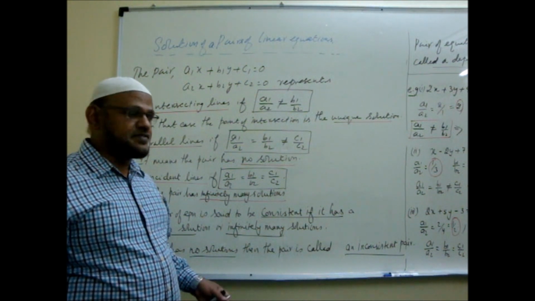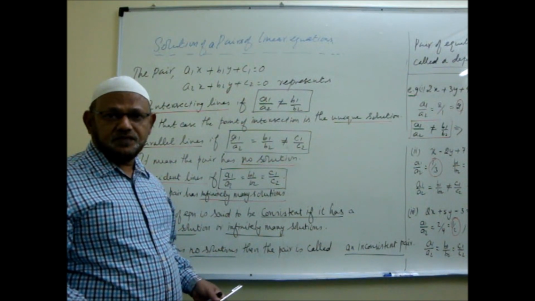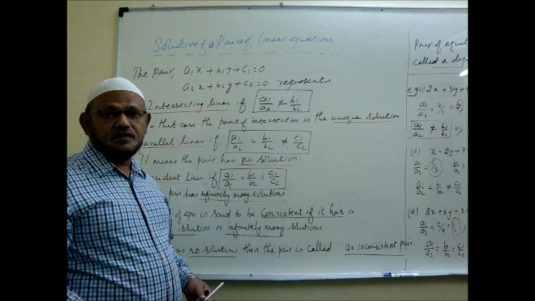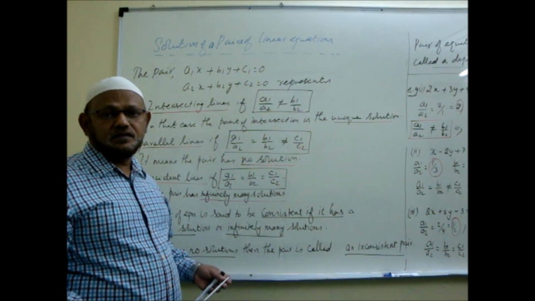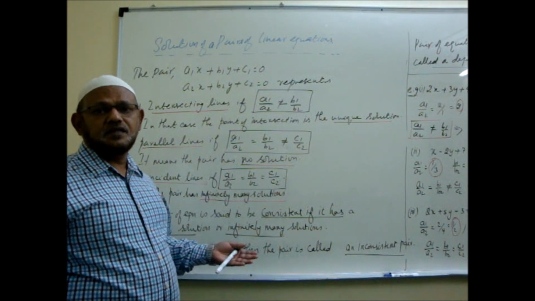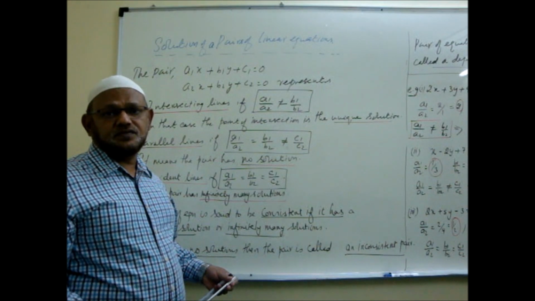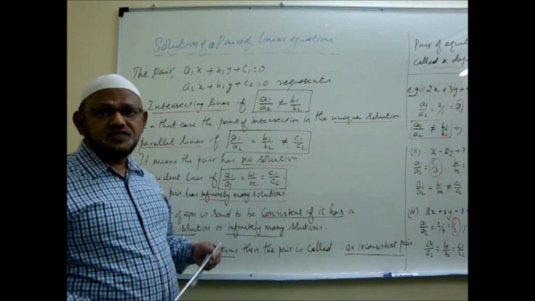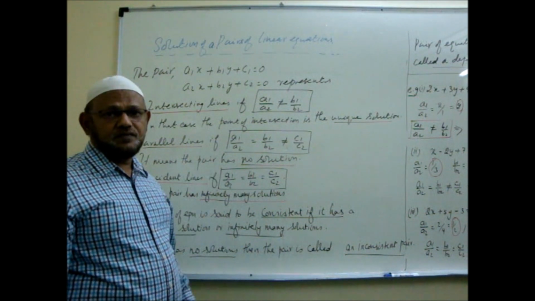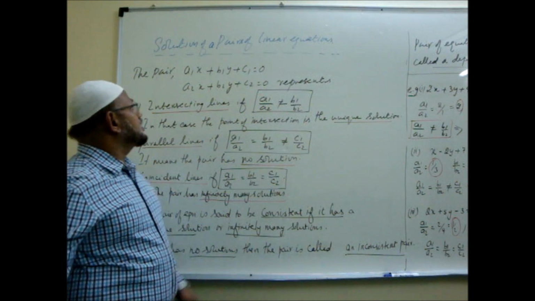That also we discussed. The lines may go parallel to one another without intersecting at all, or the lines may coincide, one on the other. So at every point they intersect, there we will get infinitely many solutions. Under which conditions are these things happening? Let us write these conditions first. So what are the conditions?